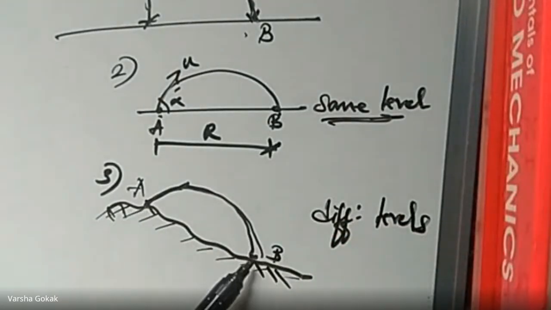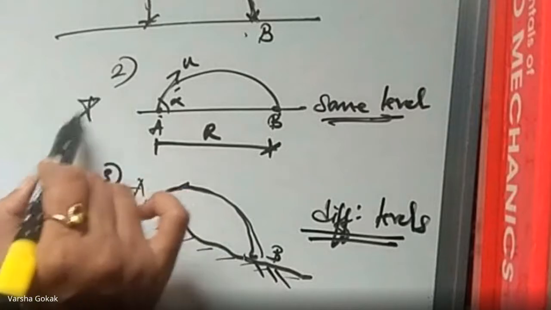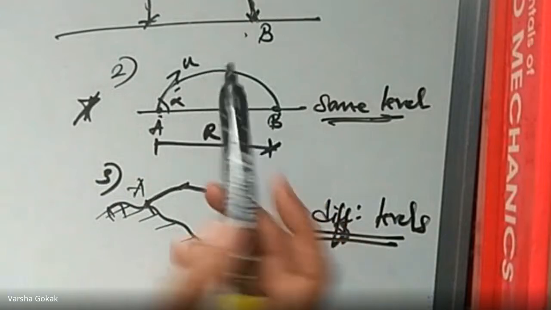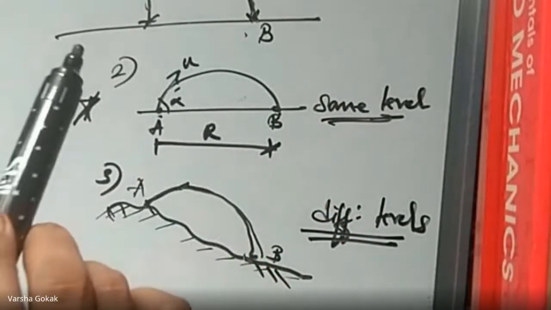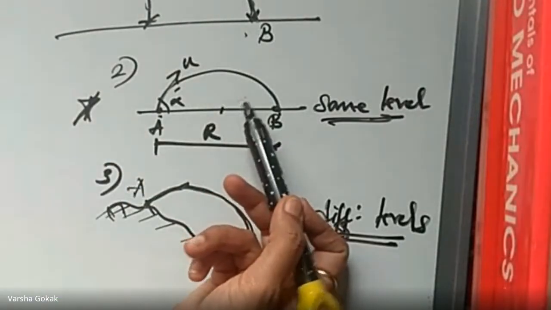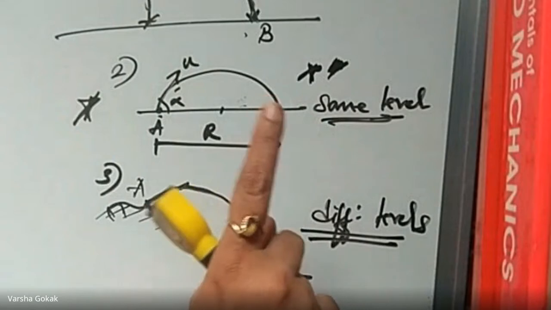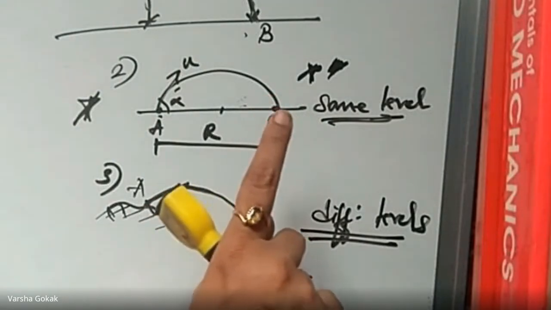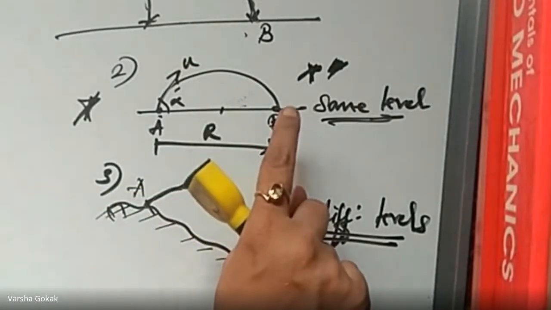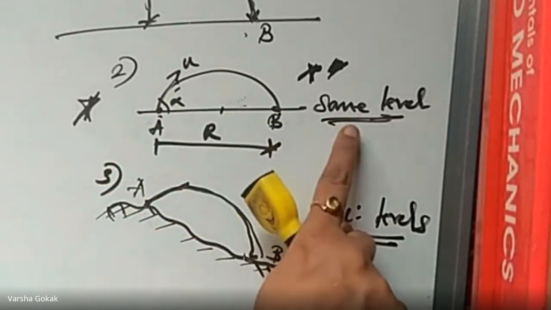Okay, when point A and point B are at different levels is the third case. Now here, this is our standard case, because we also explained all the definitions with respect to this. There is a derivation for this standard case, and the derivation is important. This derivation is also asked many times in the exam, apart from your first theory question, that is, define the various terminologies used in projectiles. Apart from that, this question becomes your next important question, because 80% of the time they have asked us for the derivation of the projectile when both point A and B are at the same level.